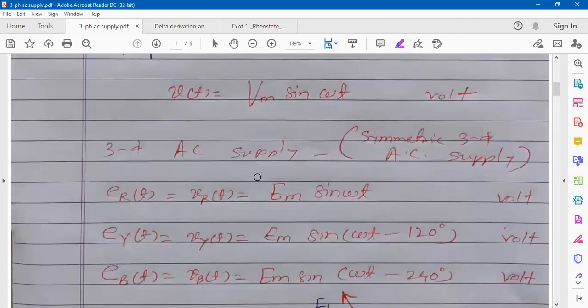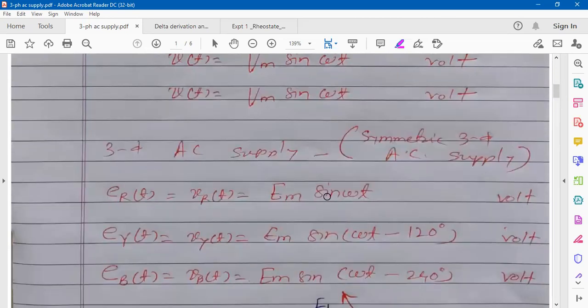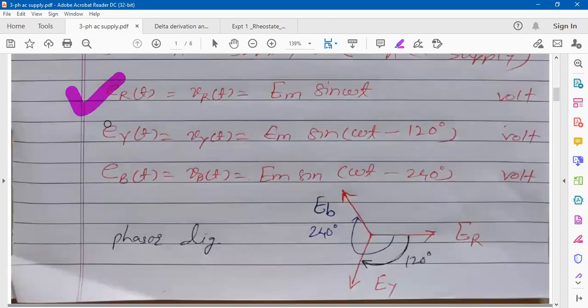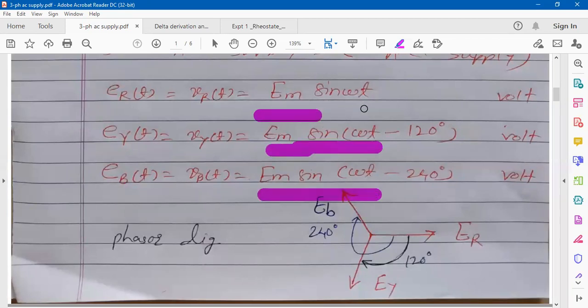Whatever the construction, whatever the EMF gets induced, here a single winding will give you an induced voltage like this. Like this, you take 3 windings and then rotate them. The 3 windings are distributed either on the stator or on the rotor. If it is smaller, on the rotor. If it is larger, these will be on the stator. They are so placed or distributed all over the stator or rotor that the EMF induced in them will have the same peak. Nature also will be the same, purely sinusoidal. Angular frequency also the same, omega.